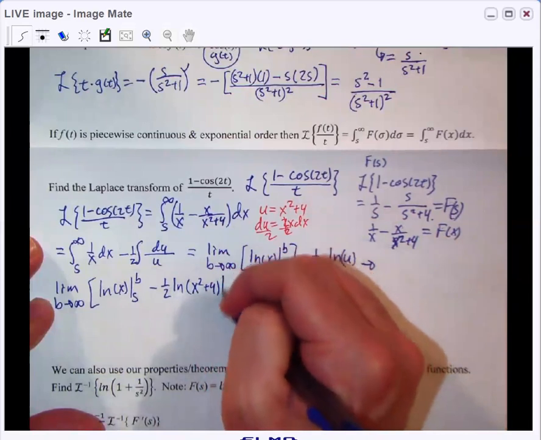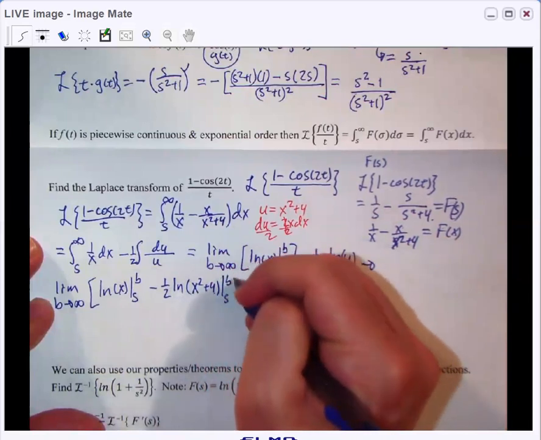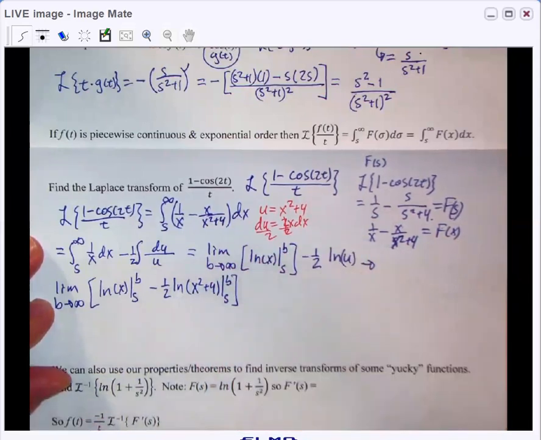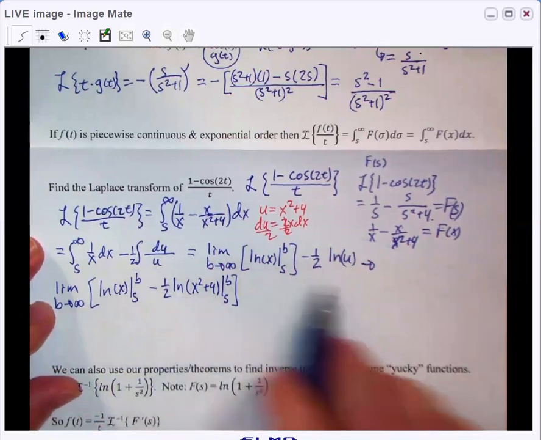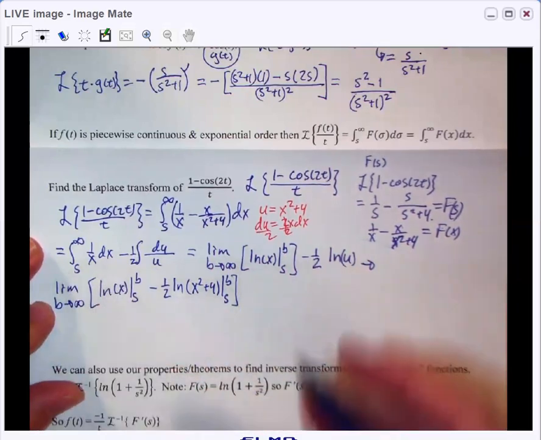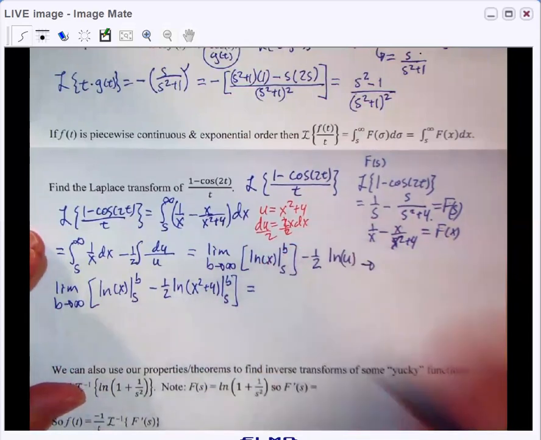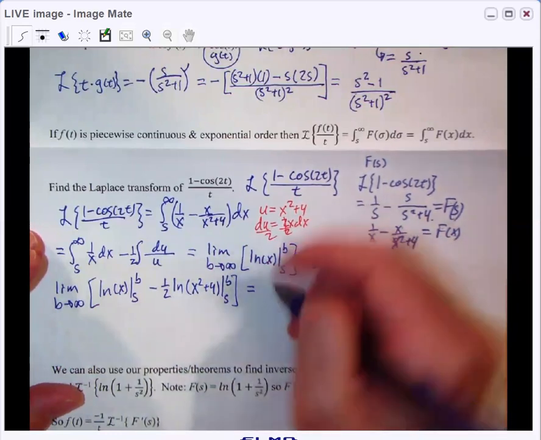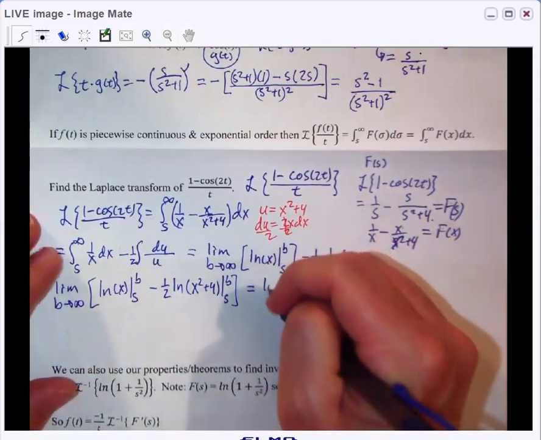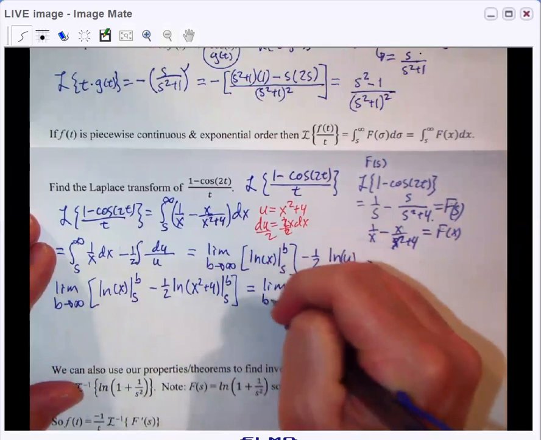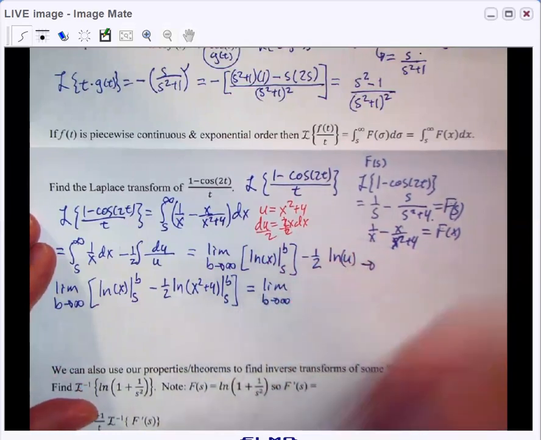And we also evaluate that from s to b because of my indefinite integral. Or sorry, switching back to the definite integral. So let's see what we get here. We could do this a couple of different ways. So let me just do it the most straightforward. So we got the limit as b approaches infinity